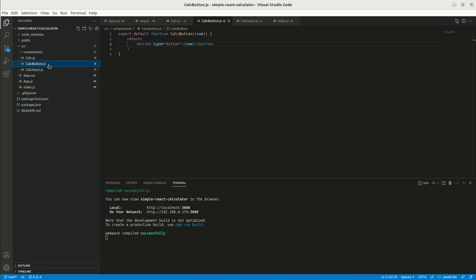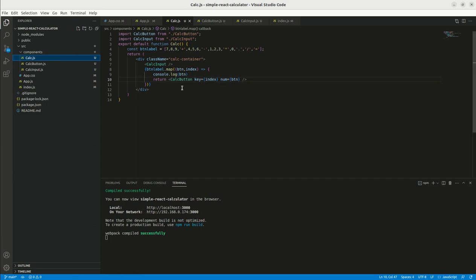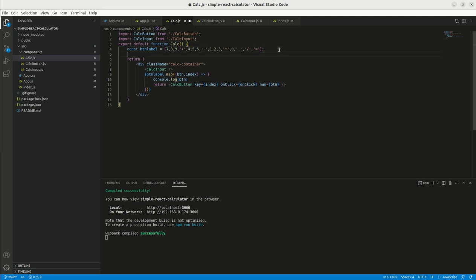Here in our button, this is our parent, and the parent is composed of multiple child elements. And what we have here, we're going to add a calc on click event listener. Let's see, on click. Then here, what we're gonna do, we are going to add a function. Oh, sorry, the handler. Let's say on click,